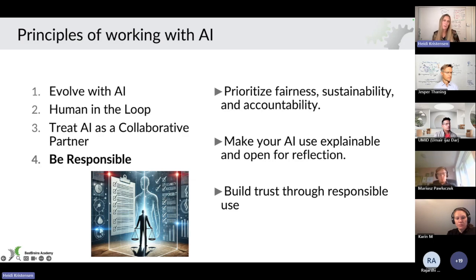So be responsible, make sure to prioritize fairness, sustainability, and accountability, and make it explainable what you use AI for and open for reflection. And then build trust through responsible use. All of this, you can say, also goes very nicely hand in hand with the AI Act from the EU